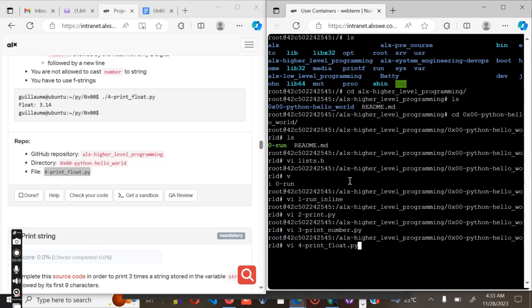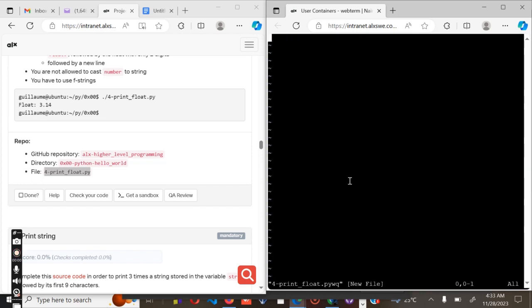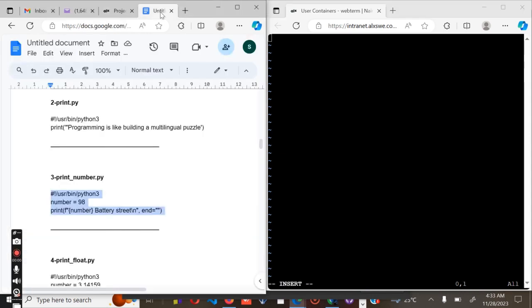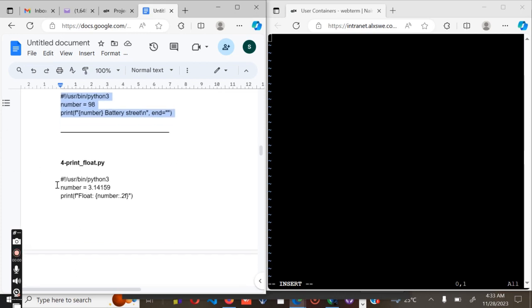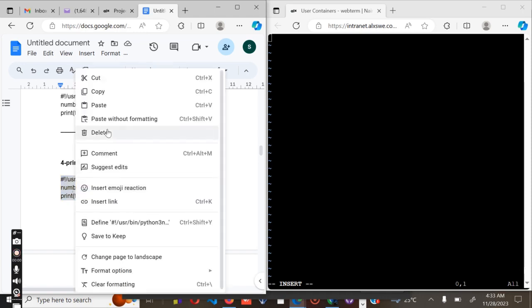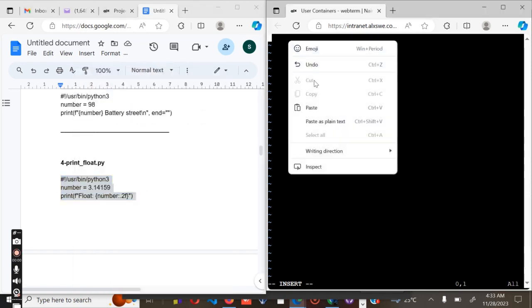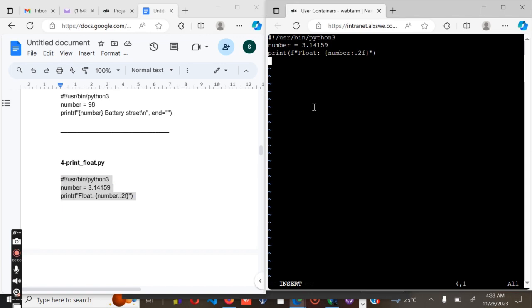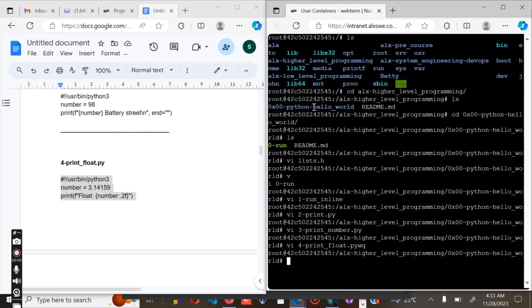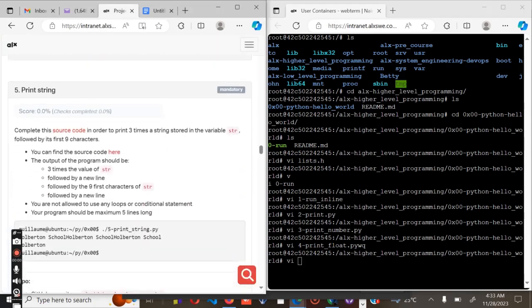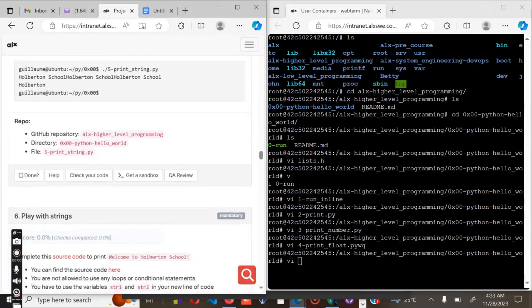paste, escape, WQ, insert the file. Okay, so still on this one. Copy and paste. Escape, WQ. Then you move to number 5, where you're supposed to print string, and the name of